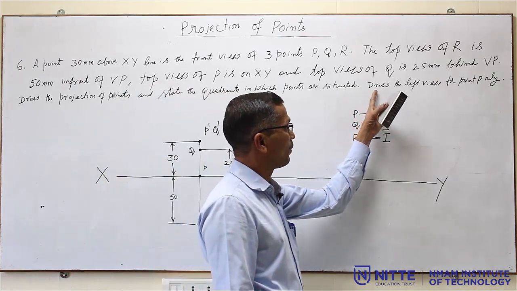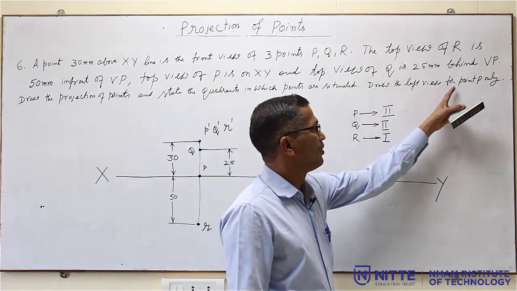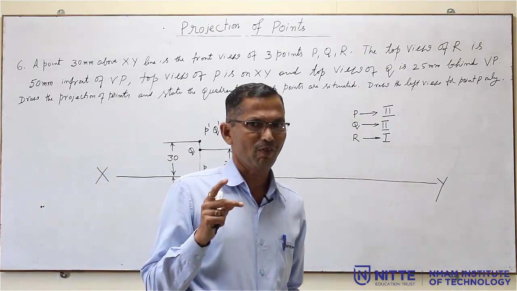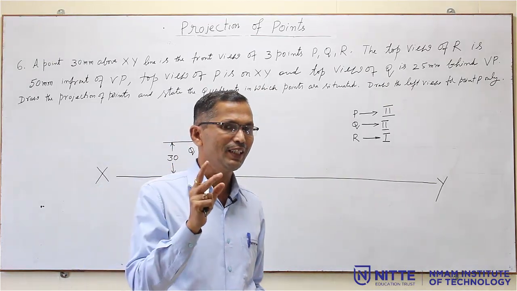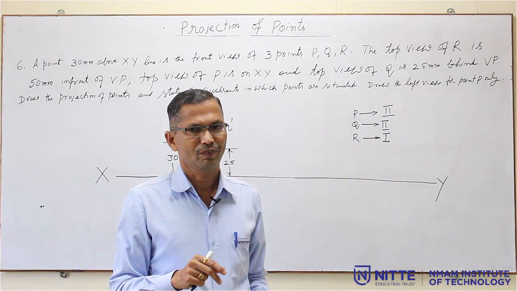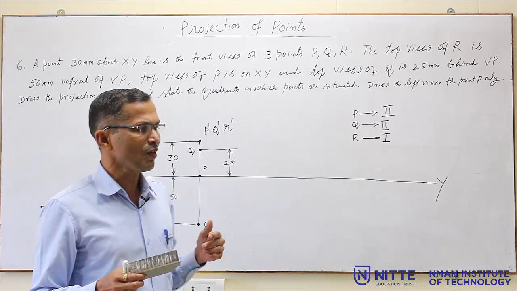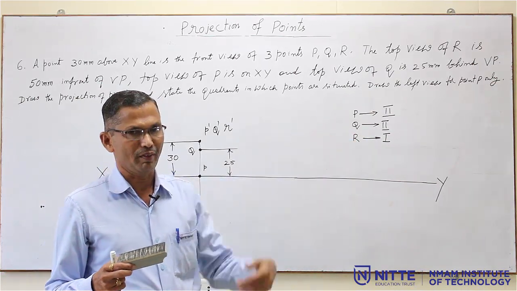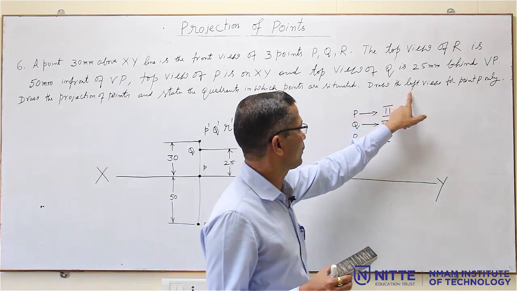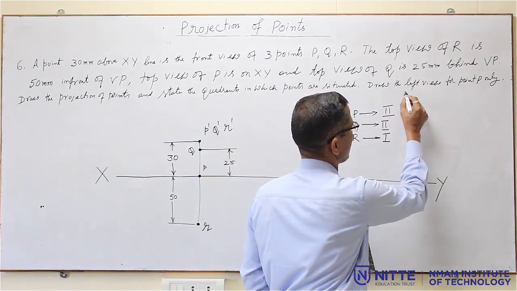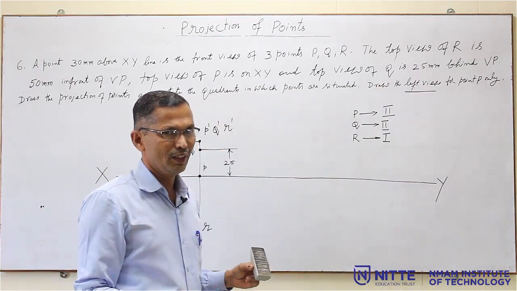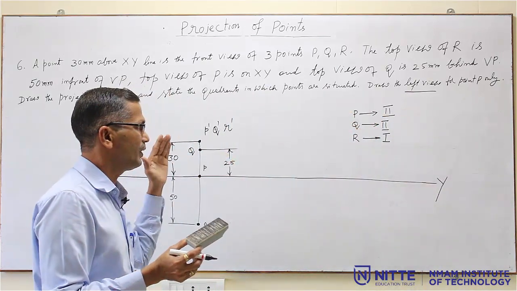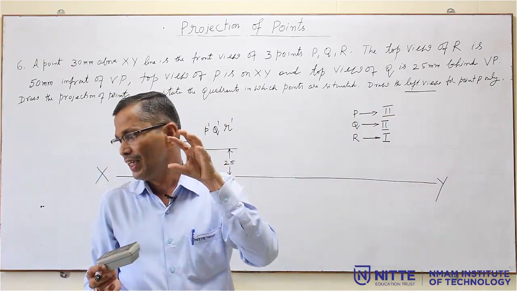Then after that they told to draw the left view for point P only. Now, here there are 2 points we have to remember. One is left view and the other one is left side view. Left view means viewing from the left. That means your view will be on RPP. So, here it is asked to draw the left view, that means it will be on RPP. If they ask to draw the left side view, that means it will be on LPP, on the left side, because they have mentioned draw the left side view.